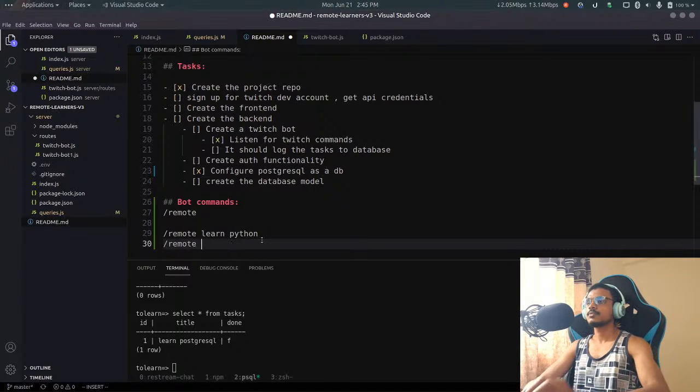Okay, so we want to list all the tasks of that user. So maybe we can have a command like this, remote show, which will list all the tasks of that user. And suppose someone wants to do-